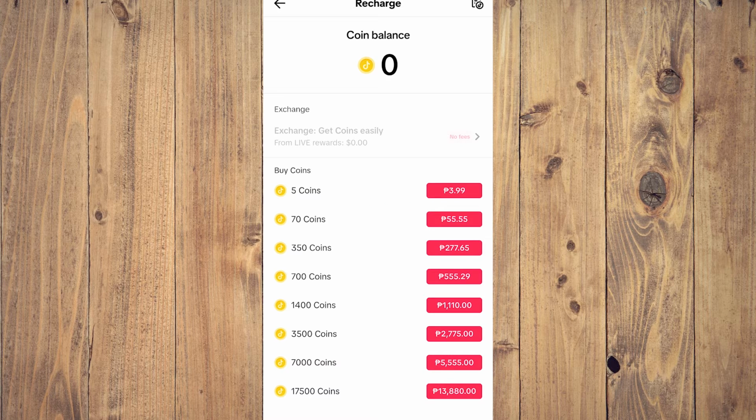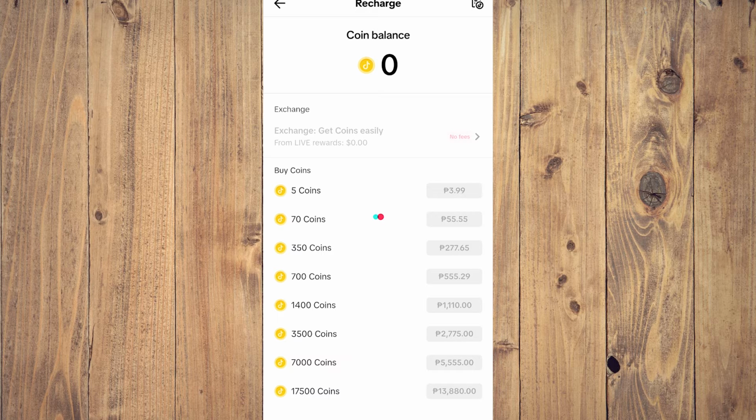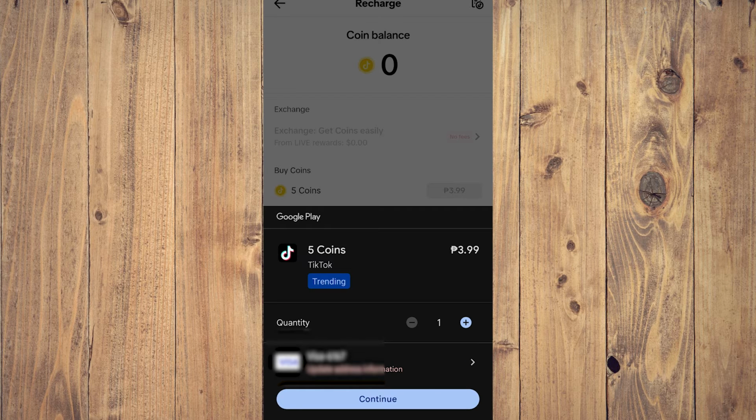All right, so now that we've loaded in, for example, you want to get coins. So you can use coins to buy stuff from TikTok shops. So for example, in this video, let's get 5 coins, for example. So let's just tap on that, and here a pop-up will appear showing, as you can see, we have a